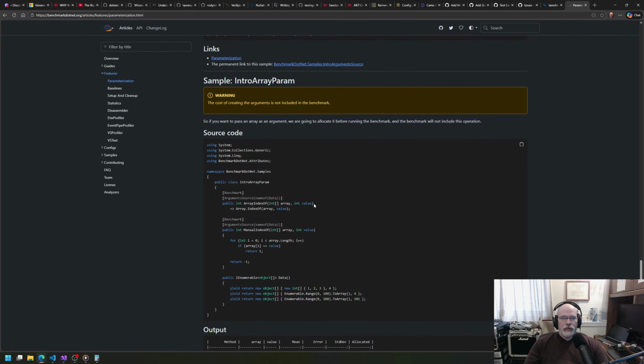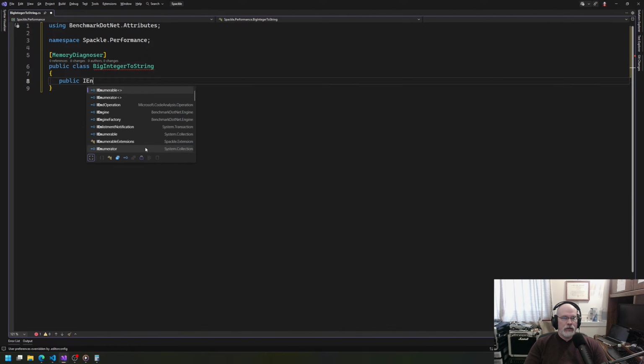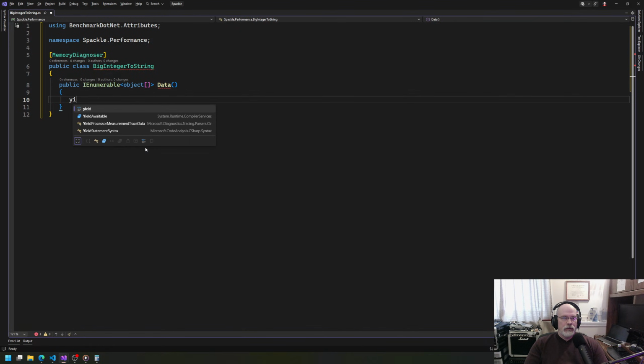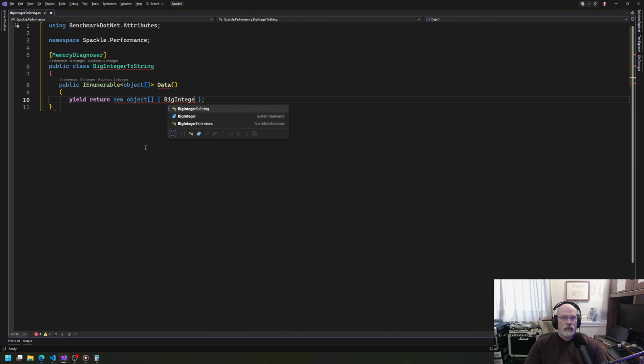We want to pass in a big integer of a certain size. So I just don't like that this is not type safe. But it is what it is. So we want to have a public enumerable of object array because reasons. We'll call it data. So we're going to yield return a new object that has a big integer dot parse of